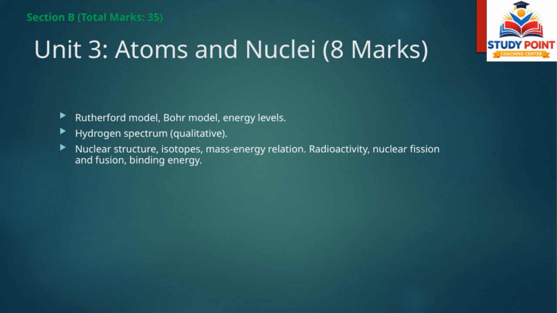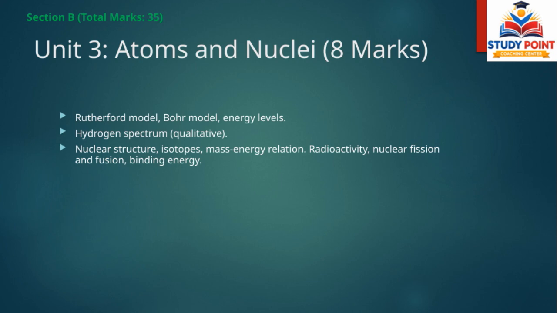Moving forward, we delve into nuclear structure, where we explore isotopes. These are atoms of the same element but with different numbers of neutrons. This variation affects their mass and stability. The mass-energy relation, formulated by Einstein, shows that mass can be converted into energy, which is crucial when we talk